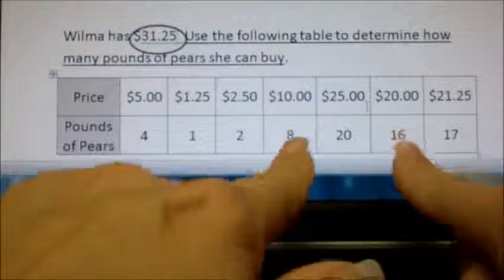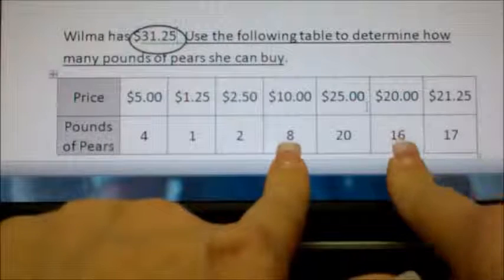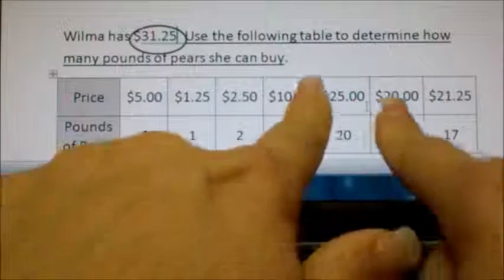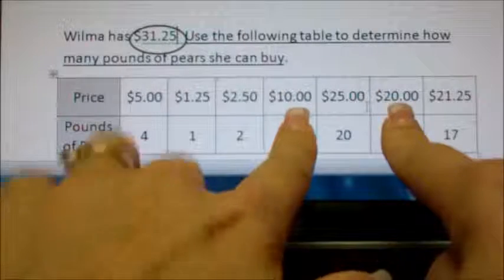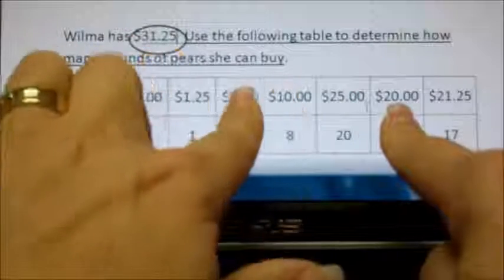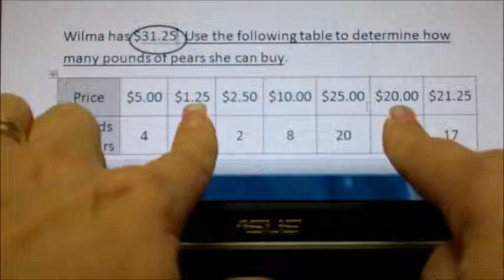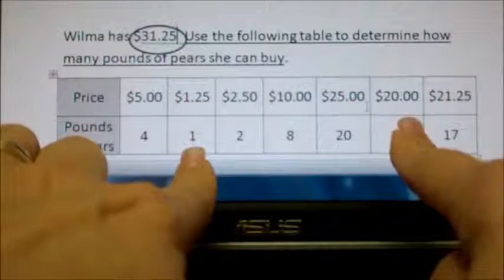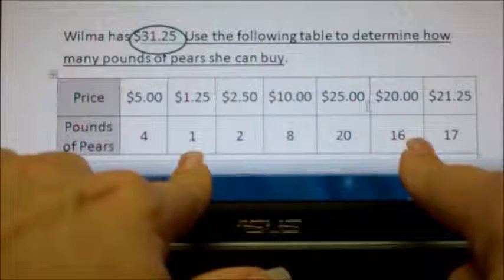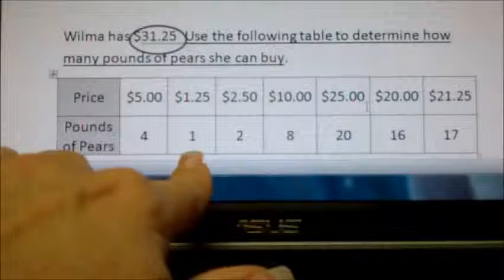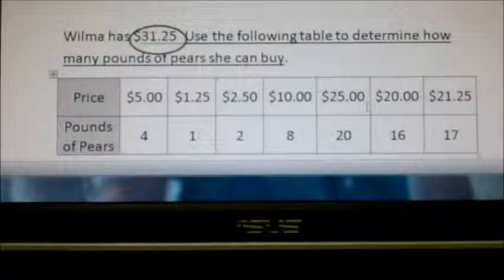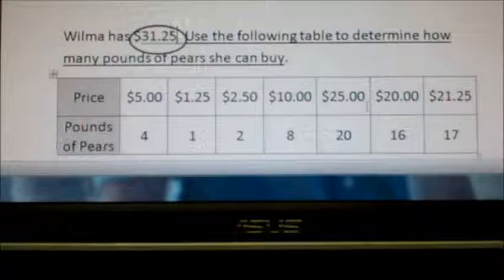So if you have 8 and 16, 16 and 8, whatever, that would be 24 pounds. You would have $30. We still have a bonus $1.25. Well, check it out. $1.25. 1. So if we had 24, and 1 pound would be 25 pounds. So we could have 25 pounds for $31.25. Rockin'